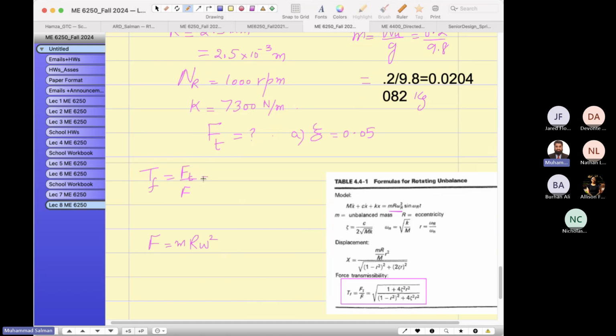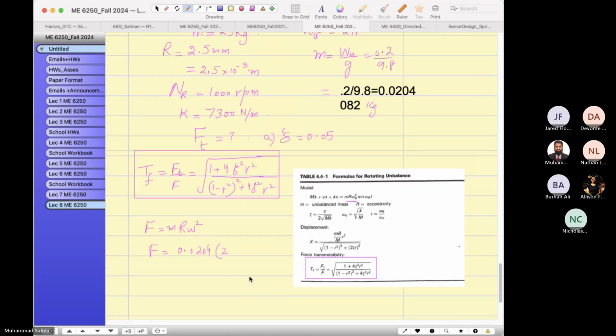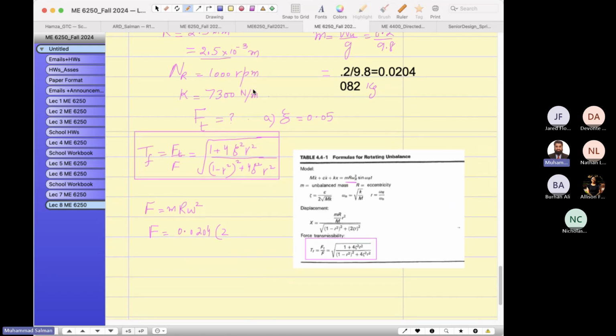Okay, now that is equal to, can you find out what F equals? F equals 0.0204, R equals 2.5. Let me move up a little bit to show you. R, it is 2.5,